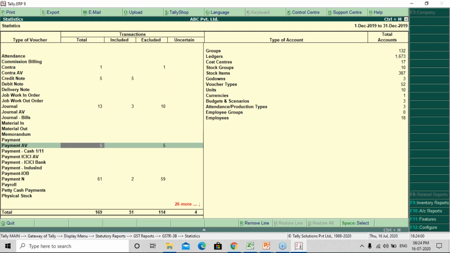So 5 vouchers payment and 5 vouchers are excluded. Please remember, what do you mean by excluded? Excluded means these are the vouchers which are excluded by